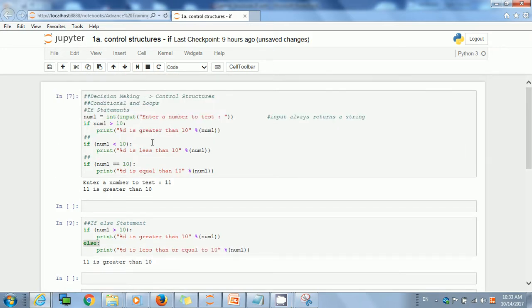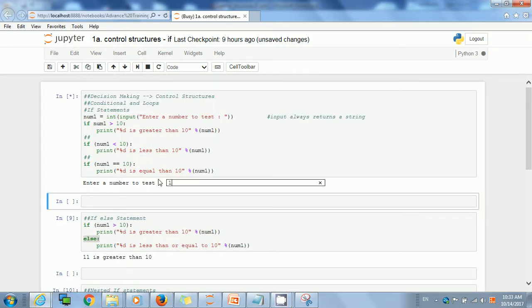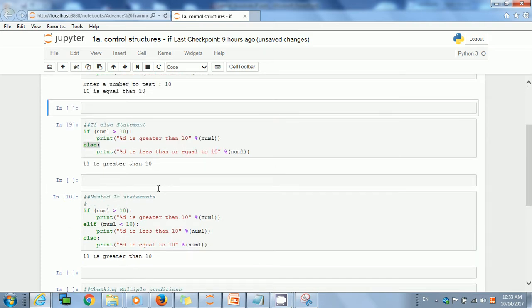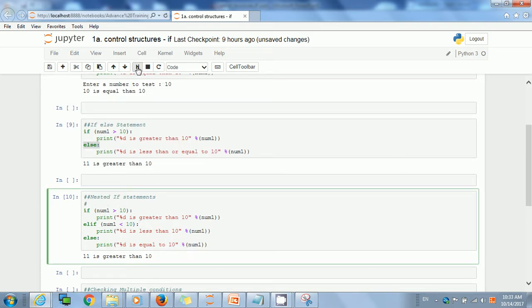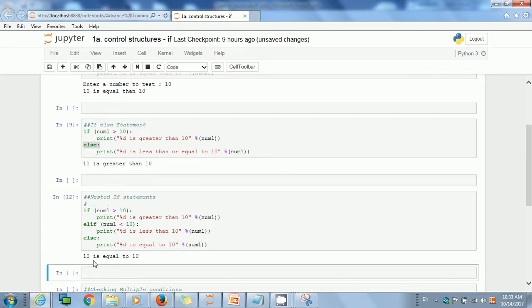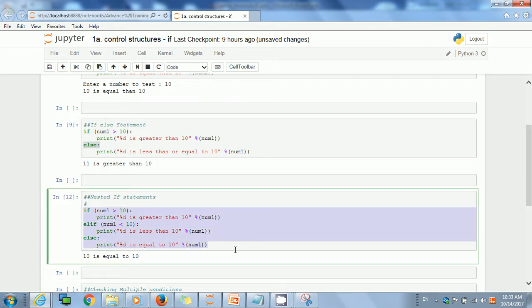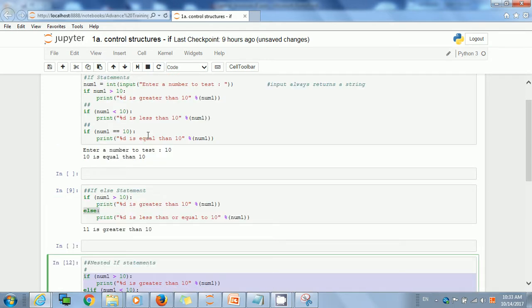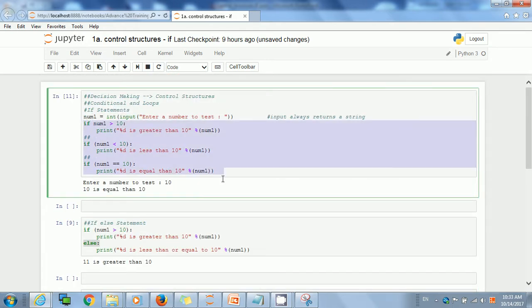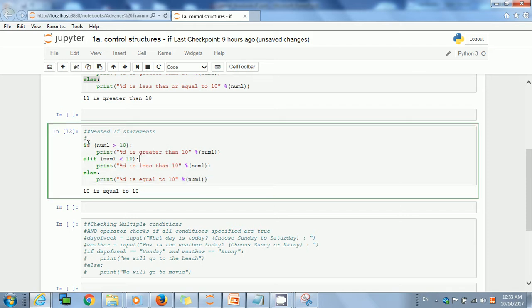Now if we enter here 10, and if we execute this nested if part, here you go, 10 is equal to 10. So in one code block, a block of code, we are able to perform all the three conditions. We don't need to provide three separate conditions like this, because here what happens is, if this condition is satisfied, it will not go into this part and this part. So this is about